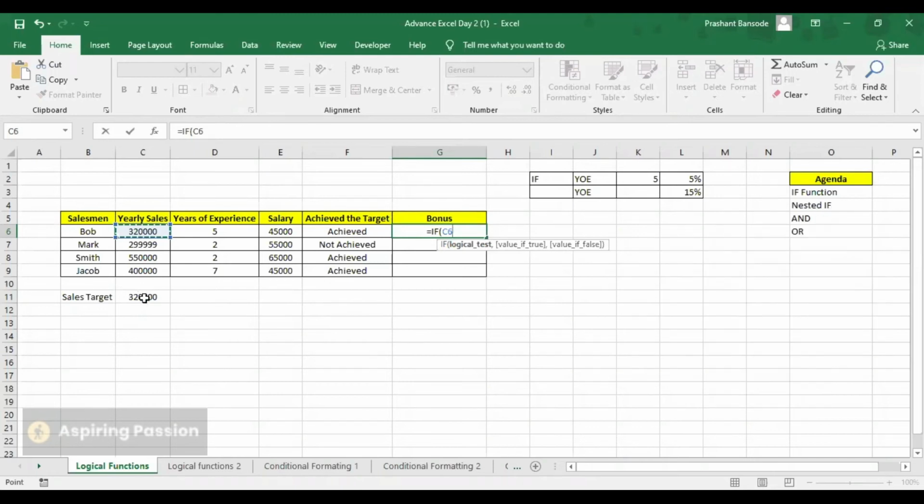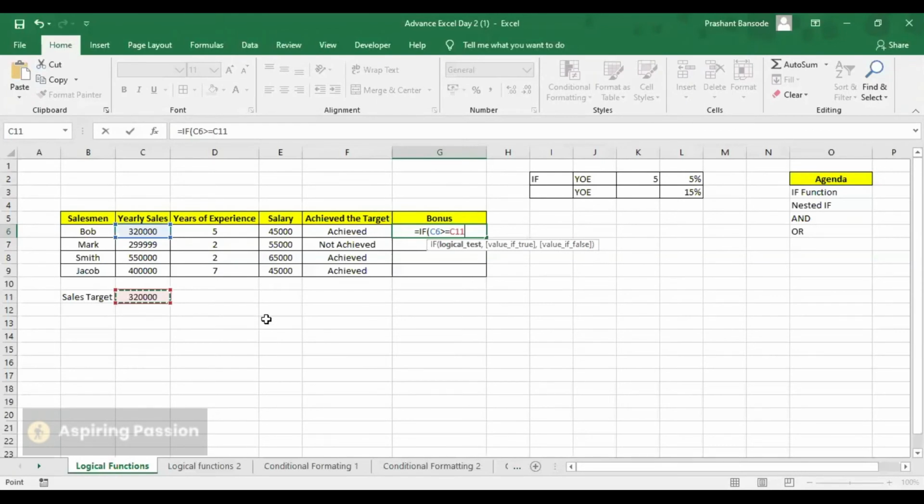Now I'm going to lock this cell. Now I'm going to use another if function, because this condition is my primary condition. If this condition gets satisfied, then only it will calculate the bonus for the remaining employees. Then we move to the next function, that is again if.